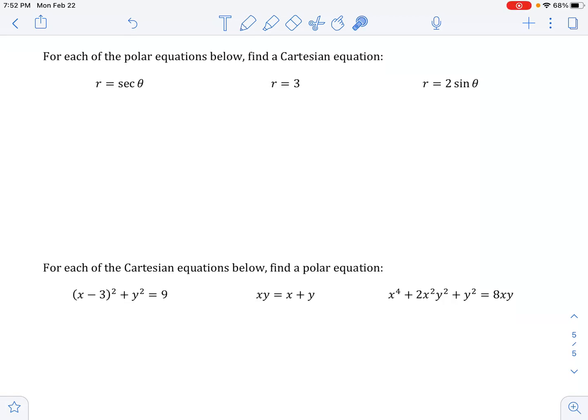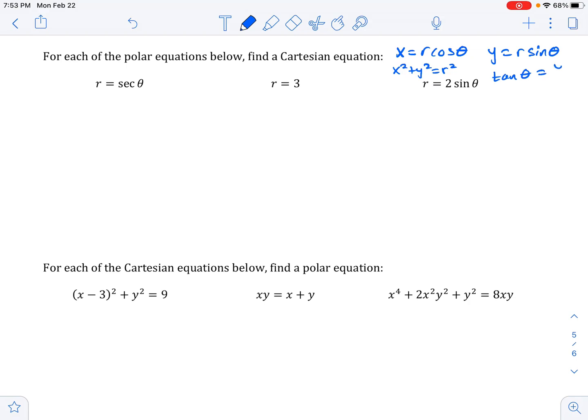All right, we're going to convert polar equations to Cartesian or rectangular, and then we're going to go Cartesian to polar. And the key for this, guys, is those substitutions we learned earlier, which of course are x equals r cosine of theta, y equals r sine of theta. We also have x squared plus y squared equals r squared, and then more rarely used, but the tangent of